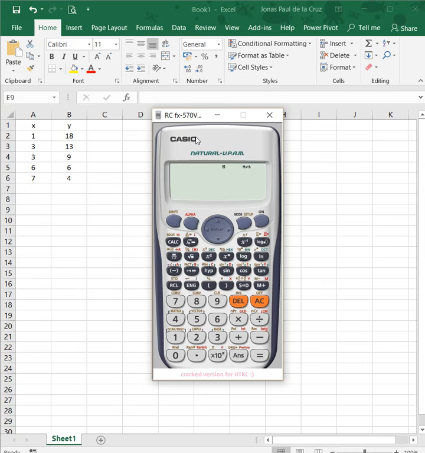Okay, so for this tutorial I am going to show you how to calculate the correlation coefficient using the fx-570 or 991 ES. Okay, so